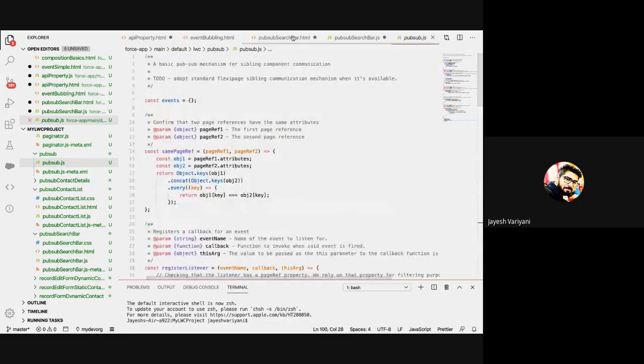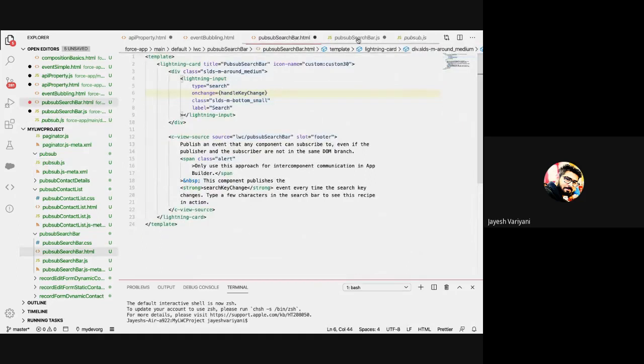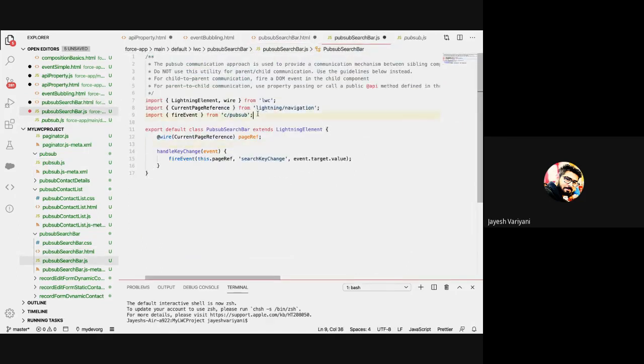See, what matters is this import statement. When you do this import statement here, ultimately, whenever you deploy, you will deploy your Lightning Web Component. You will not deploy this pubsub.js. It is not a Lightning Web Component. The moment you import it, what will happen is when you deploy this Lightning Web Component, automatically this pubsub.js will also be imported into our Salesforce org.